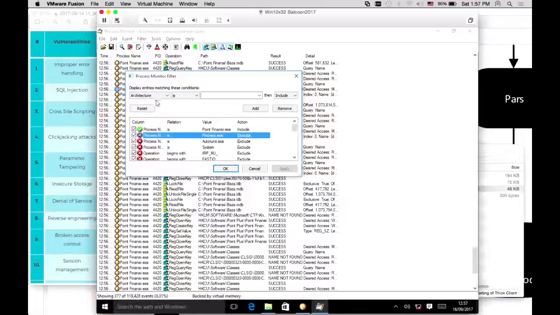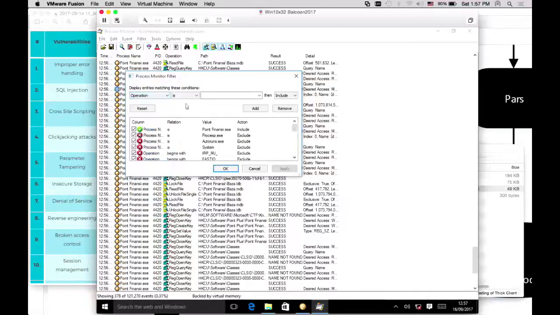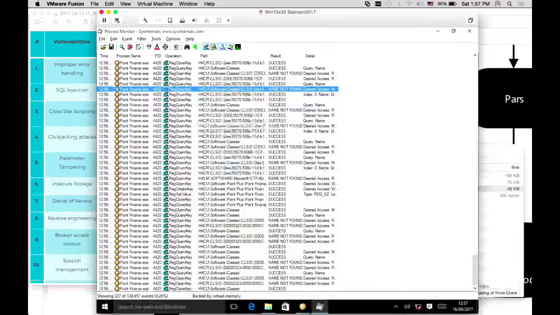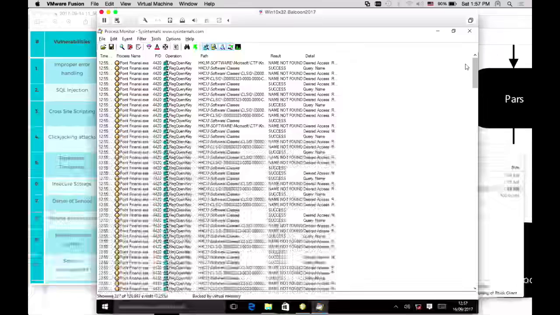And we do that using a filter. So we can use a filter here. That will be the operation. And for operation, you can set the filter to say that it begins with Reg, then include, add, apply. Okay, so now we get only those activities listed that involve the registry. Of course, again, a lot of activities. It will really take a lot of time to dig inside this stuff and to find the real thing, to find maybe